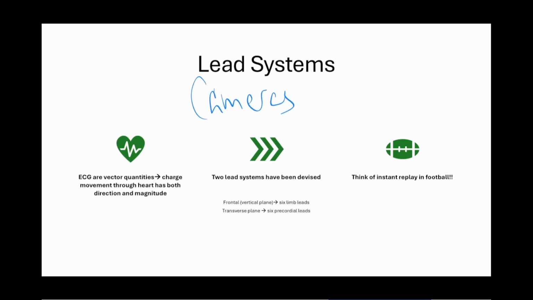Okay, each lead is a camera that's looking at a certain viewpoint of the heart. Lead 1 looks at the anterior portion of the heart. Lead 2 is down here. The camera is facing the inferior portion of my heart. AVL and AVF look at the inferior portion. All your precordial leads are right on top, looking at the anterior, septal, and lateral portions of the heart. They're all cameras looking at the heart. That's all they do.